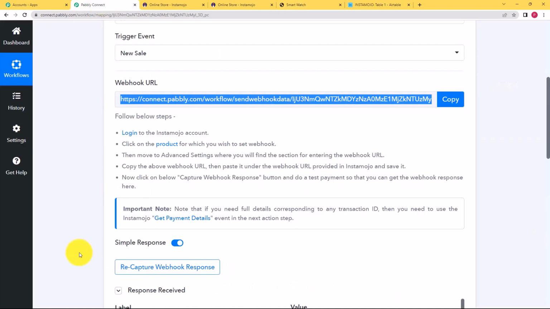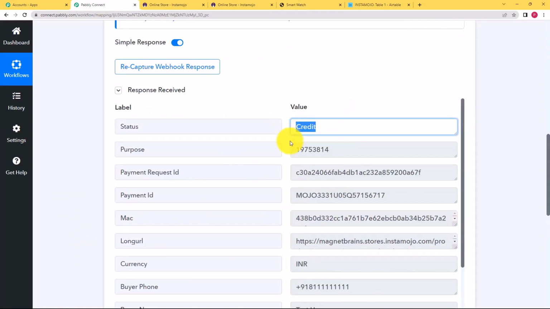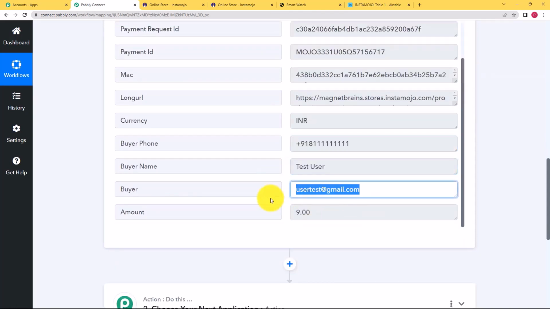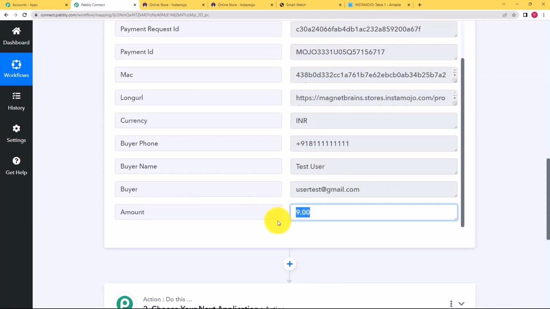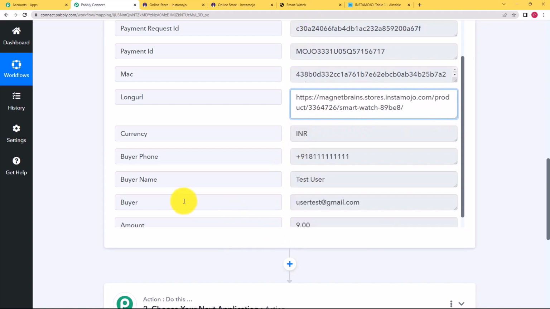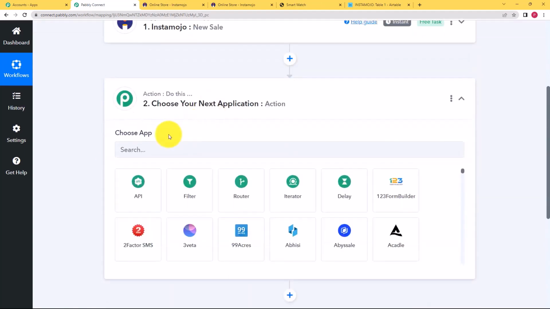So now we'll go back to Pabbly Connect to see a response has been received. First of all, it says credit, which means the payment is successful. This is the contact number, this is the name, this is the email address, and this is the amount. All right. And there is this URL which will give you the direct access to that page. Now once this is done, so you close this window and we will move ahead to our next step, that is our action application, none other than